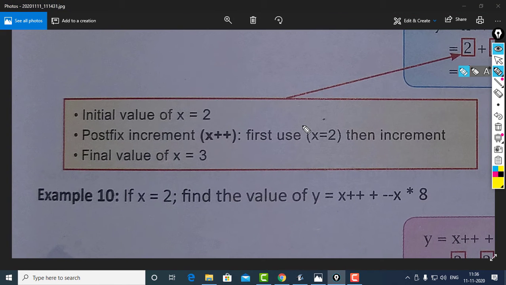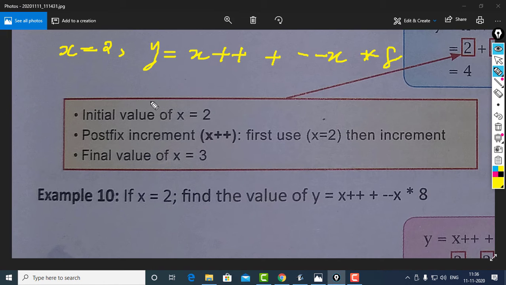So next example, example 10. Here the initial value of x is 2. What we want to find out? y is equal to x++ + --x * 8. This we need to find out. Then x++ means